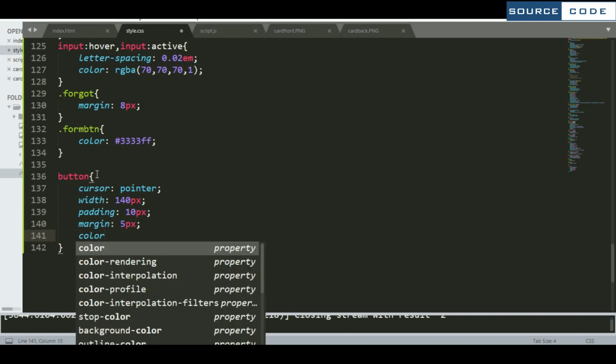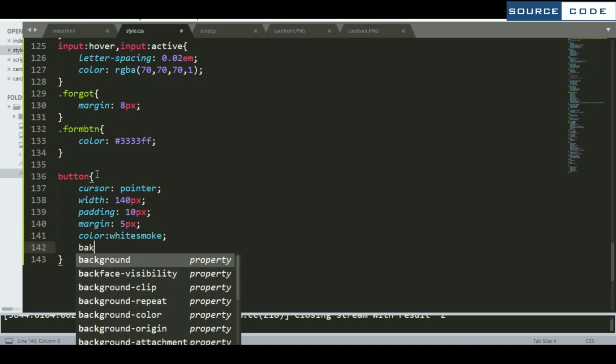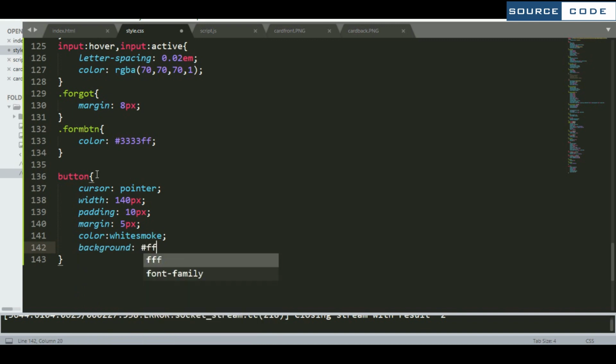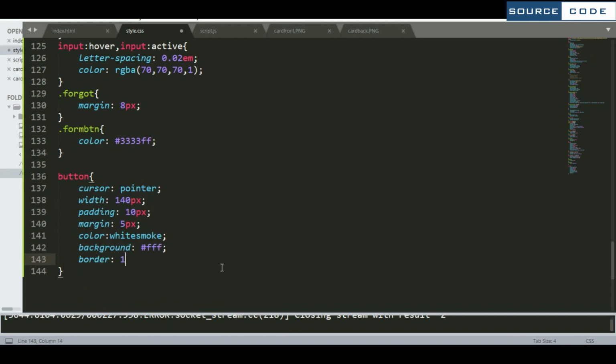Now we need to give a color here. Now give a background here. So now we require to give a border here. Now set the font family here.